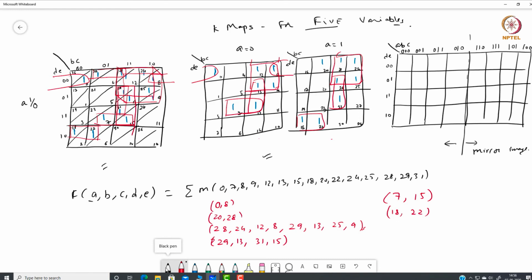Whenever we are using this particular K-map method, we have to observe this K-map as two different planes. If some particular group is there in the upper plane as well as in the lower plane, then they can be combined. However, in this method we see them as an upper triangle and a lower triangle.